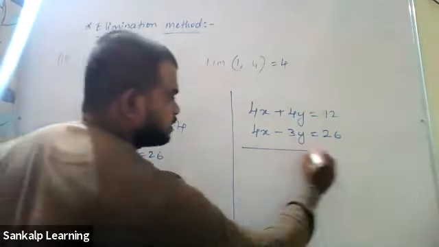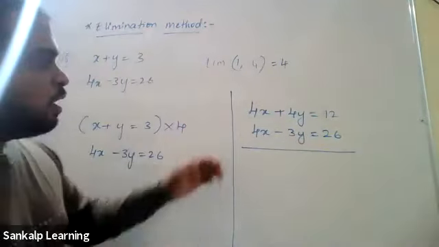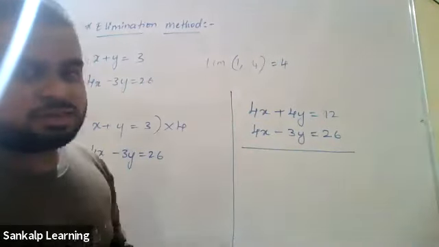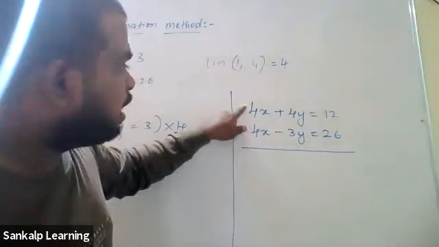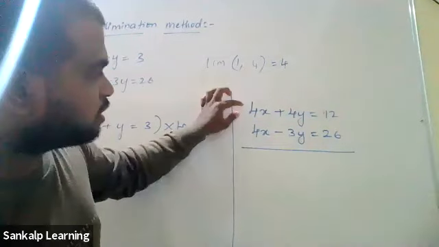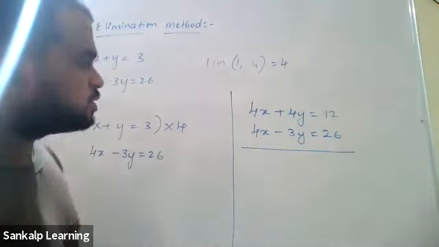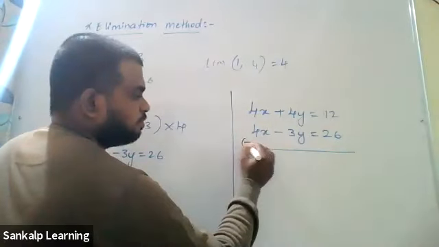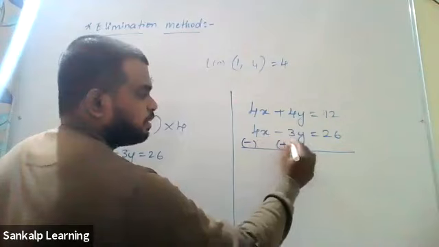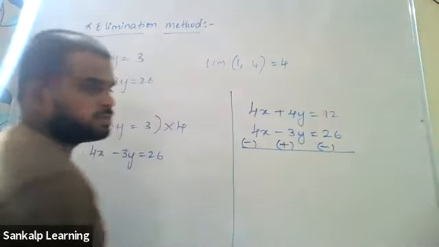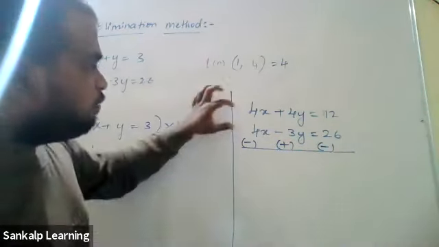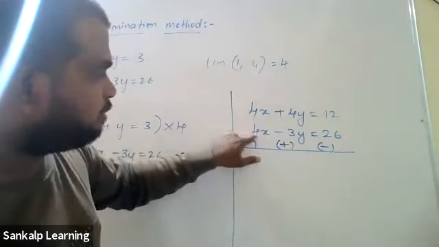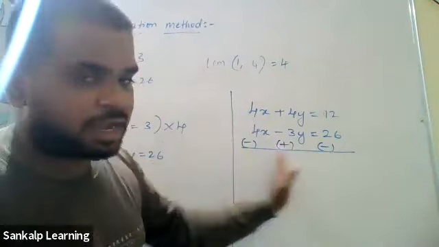Now, please observe. If we have to subtract it, right? So to subtract it, what should you do? You have to change the sign. Simply said, if both these two numbers have got the same sign, here plus, here plus, then simply change the sign throughout. So this plus will become minus, this minus will become plus, this plus will become minus. I'll repeat it again. When both the numbers have got the same sign, plus and plus, then change the sign throughout.